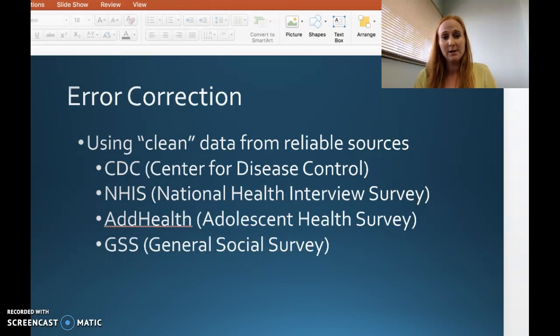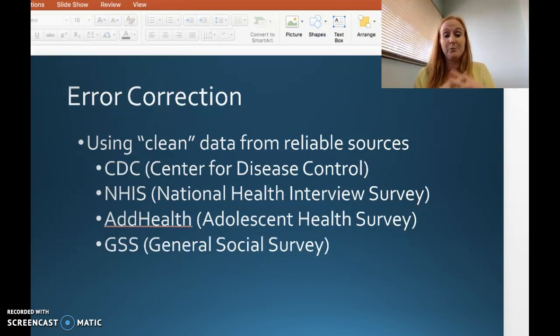So these are good, clean data. Occasionally they still will have some errors here and there, but these types of groups are very good at sending out updates and notifications if they see any problems, and then sending out replacements or clean data sets if they do see anything. So CDC, Centers for Disease Control, national surveys and studies, AdHealth is one of those, the General